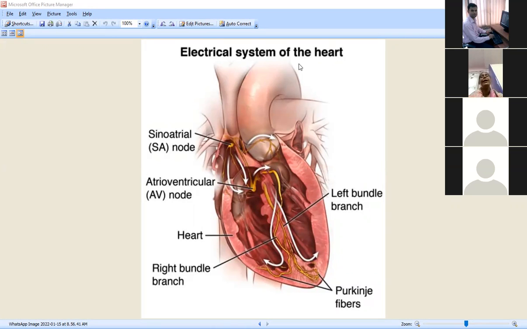These two ventricles, right and left, send blood to two different parts, that is, to the lungs through the pulmonary artery for oxygenation of blood, and from the left part to all parts of our body, so that